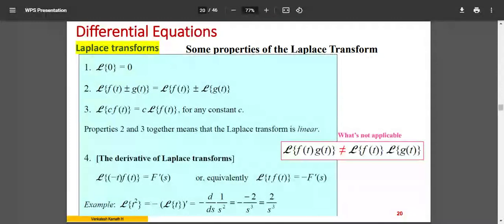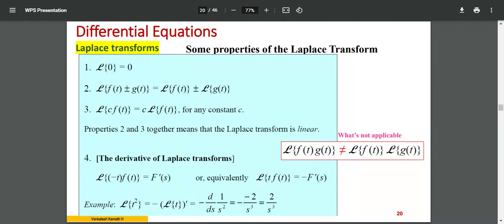Now this concept looks very simple, but it is better to understand it because your questions would be based on this. If you know this concept, it will be easy for you to solve certain problems. The problem looks complex when you read it because it is a Laplace transform, but actually the solution has these concepts imbibed in it. So just by making use of this concept in that problem, you may be able to solve it. The first one: there are 4 rules, or properties you can say, given to you here. These 4 basic properties, let us see them.